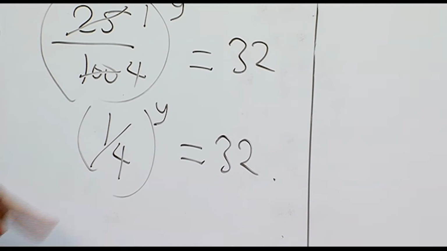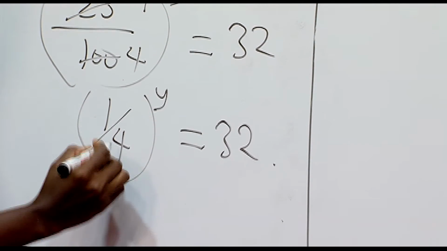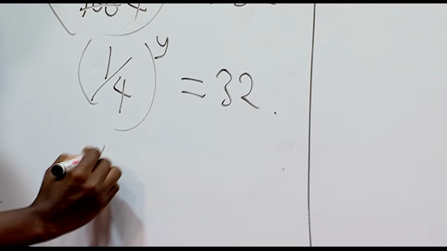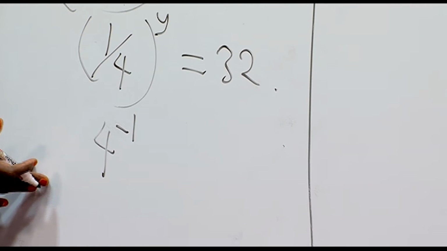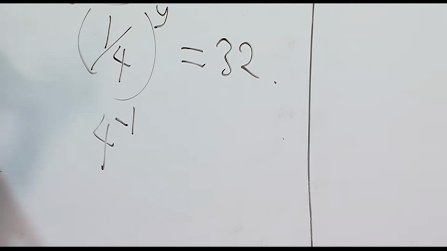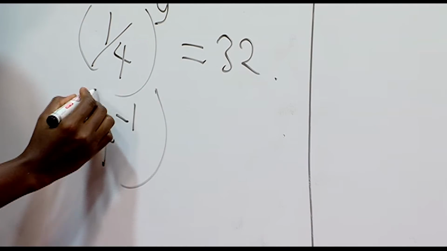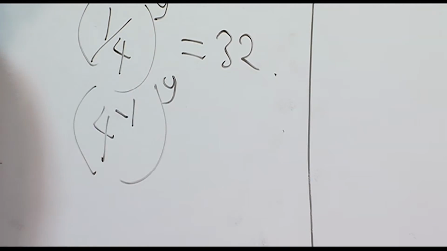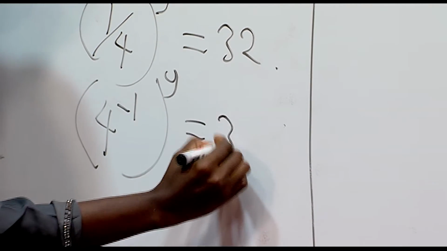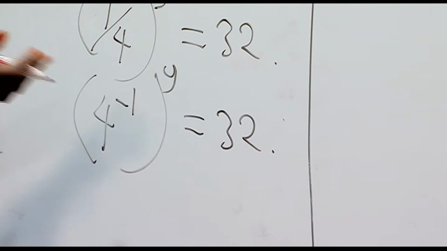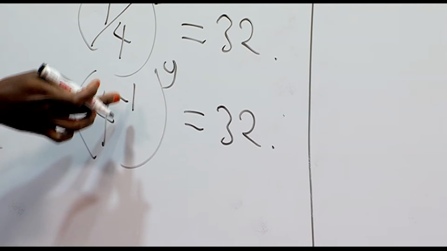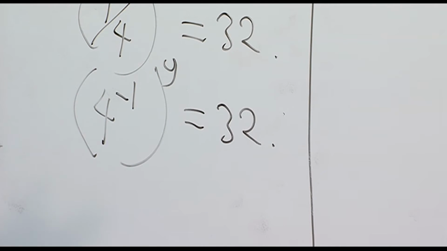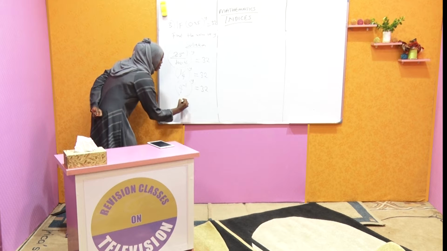If you have a fraction like this, this 1 over 4 will be 4 raised to the power of minus 1. This is the same thing as this. You are just trying to rewrite it so as to make it simpler: 4 raised to the power of minus 1, all raised to the power of y, equals 32. We have a bracket, so try to open up your bracket. Indices: when a power is multiplying another power, you just multiply them. This will give me 4